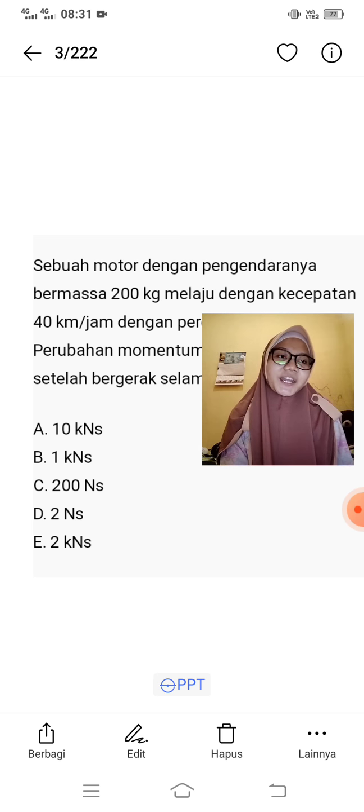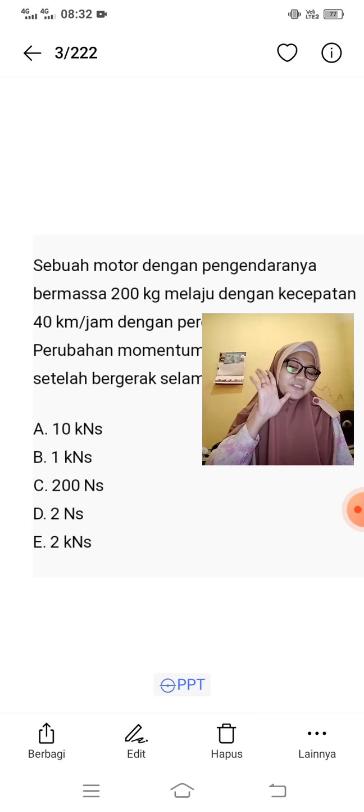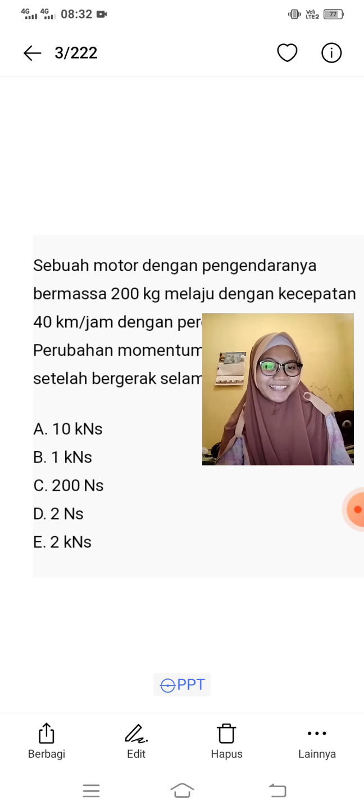The change in momentum of the motor after moving for 5 seconds is